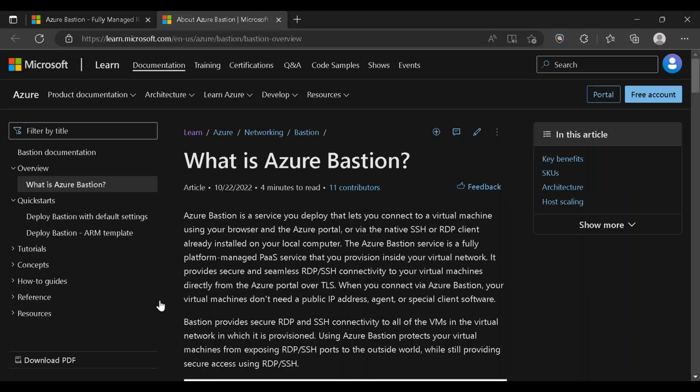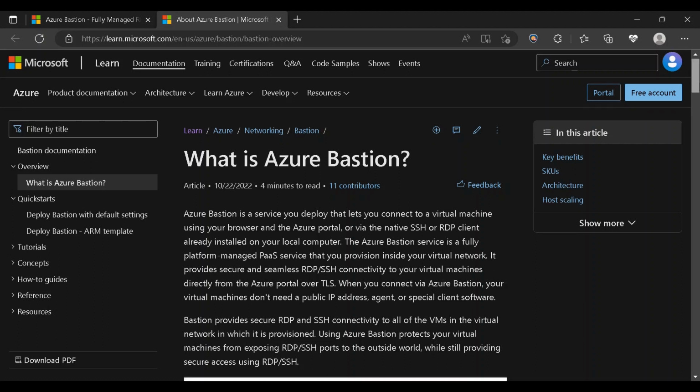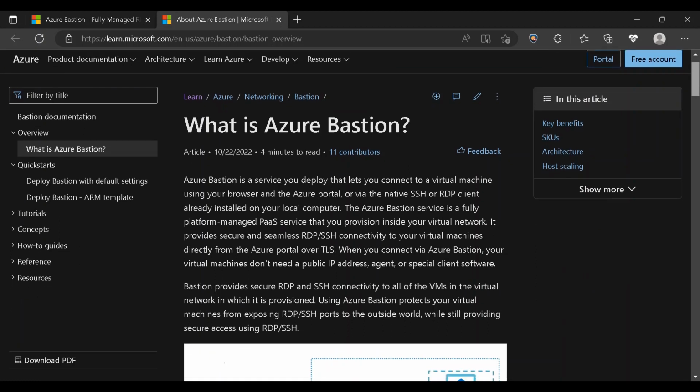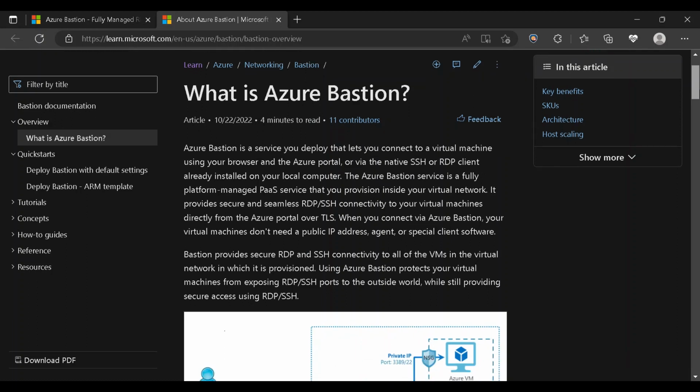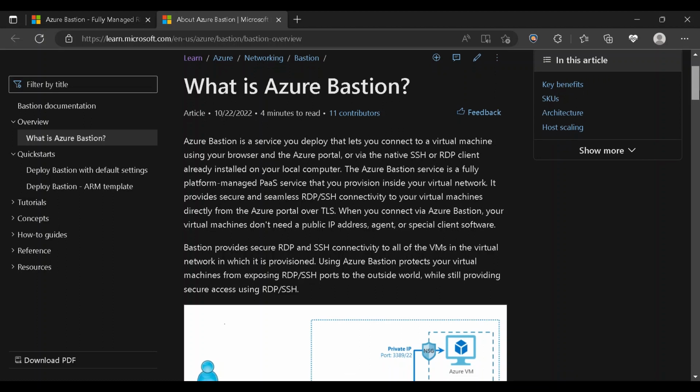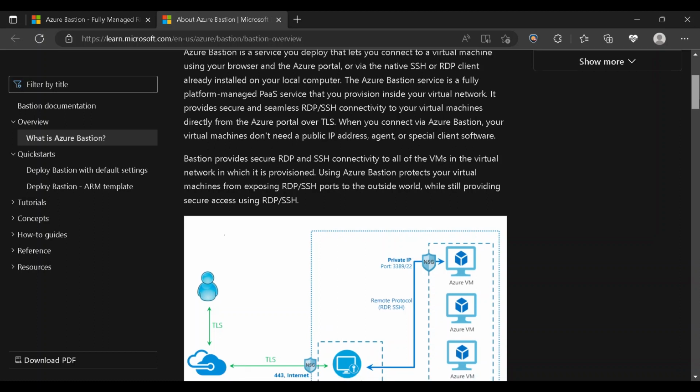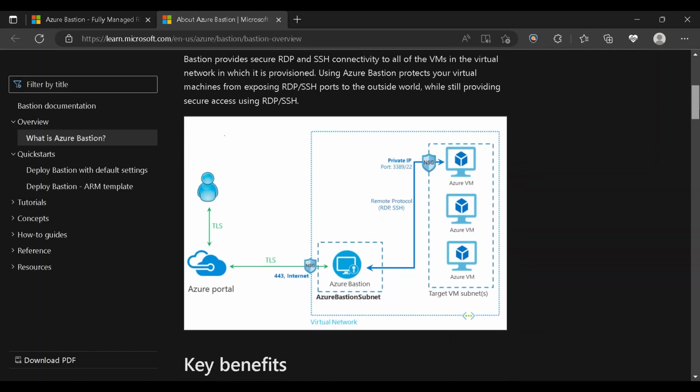And here we can see the document from Microsoft, with the definition, explaining exactly what Azure Bastion is. Here we can see that Bastion is a service you deploy that lets you connect to a virtual machine using a browser and the Azure portal. And we can see the architecture of the service,